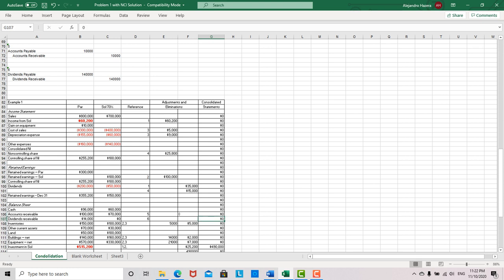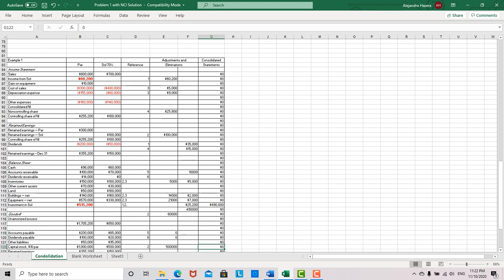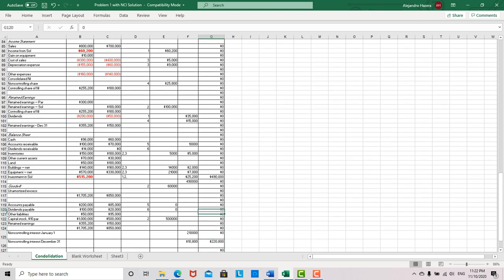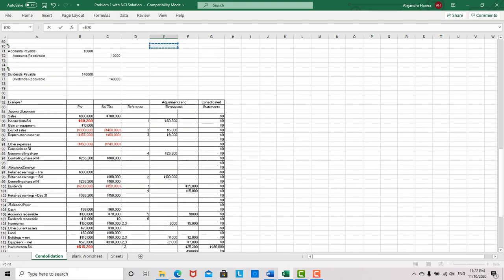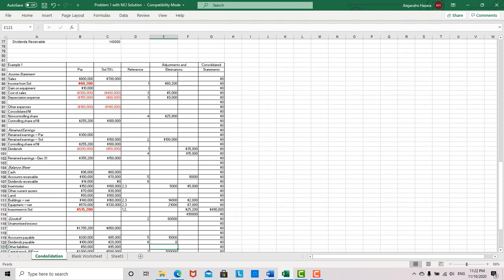Okay, and so we have a credit for $10,000 for accounts receivable. We have a debit down here, entry 5, for accounts payable. So we've written off those two amounts, these entries. And I don't know what's doing that. Okay, and then finally,